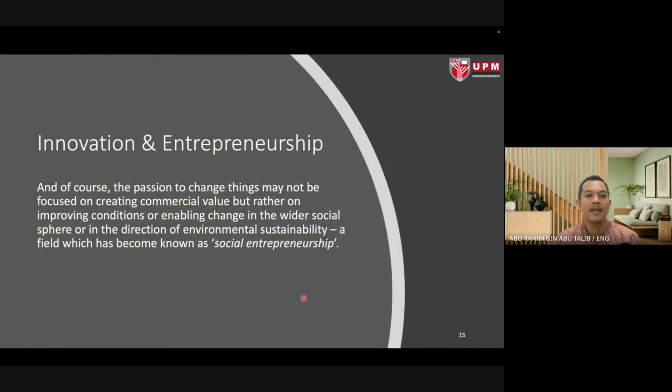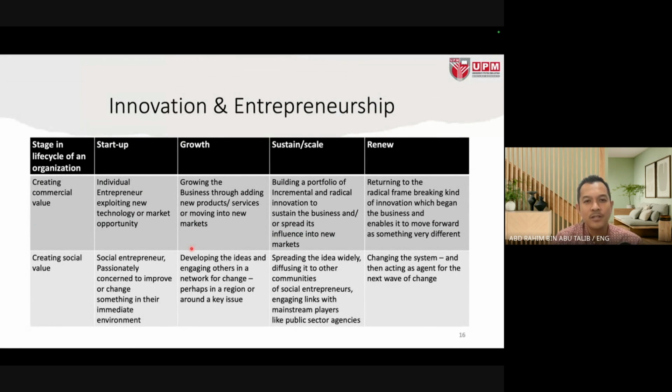Okay. And of course, the passion to change things may not be focused on creating commercial value, but rather on improving conditions or enabling change in the wider social sphere or in the direction of environmental sustainability, a field which is now known as social entrepreneurship. Okay, let us look into this